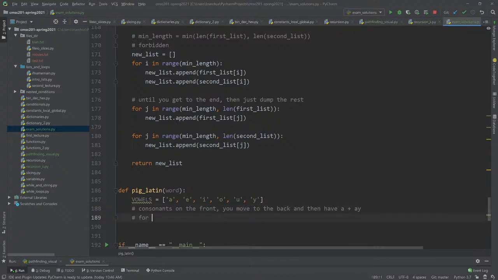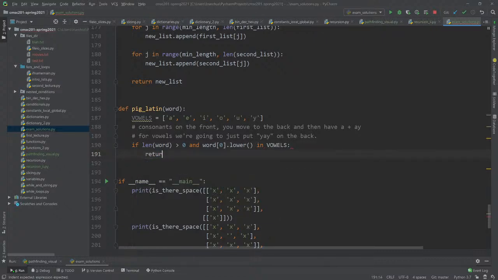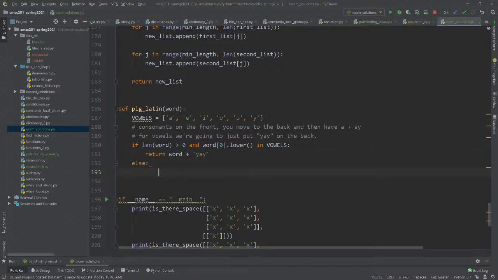And for vowels, we're just going to put yay on the back. So we can say if len of word is bigger than 0 and word 0 dot lower, just to be careful, is in vowels, then return word plus yay. That's all we have to do there. Else,